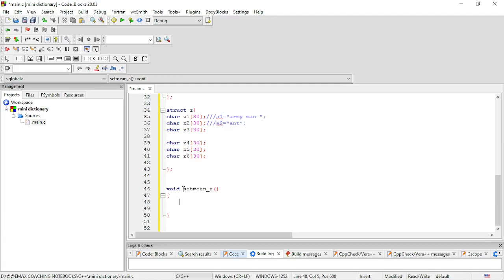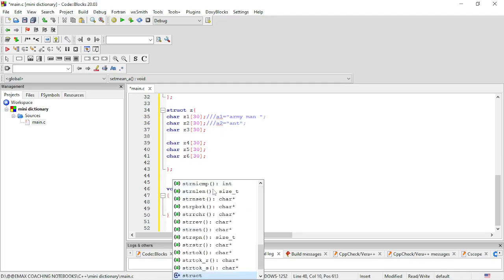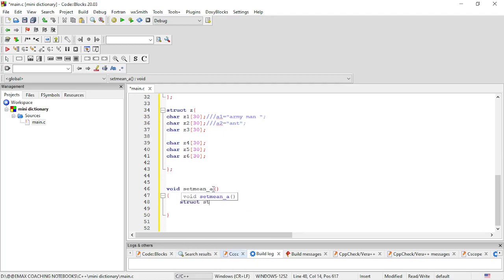I have taken this type of one variable name, that is the function name I chose. And we should first create the link to access all members of our structure, so struct, and then